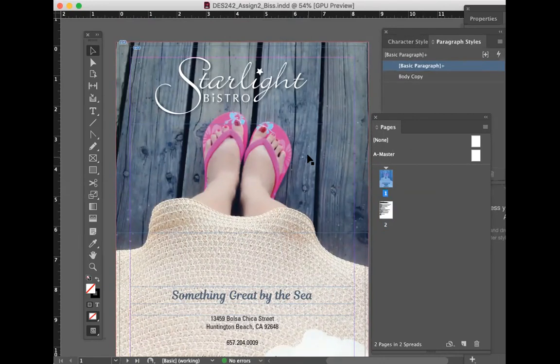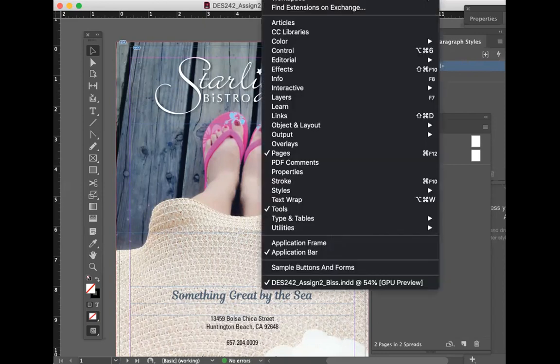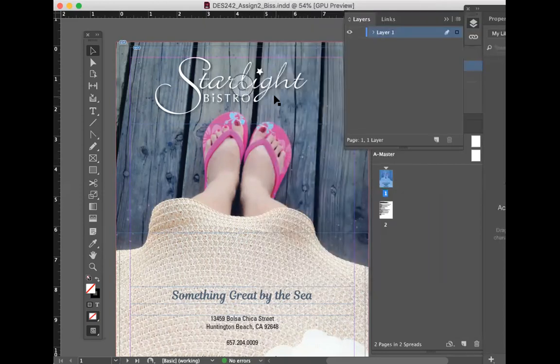So with Photoshop, I'm used to layers and stuff. And then Illustrator, there's layers and stuff. So I'm used to seeing the different layers and levels that I'm working on. One of the things that I did is I put my Starlight Bistro in first. And then I tried to do a gradient, but then I couldn't see the Starlight Bistro anymore. And so I couldn't necessarily see it to grab it to even try to move it to the front, move it to the back, or anything like that.